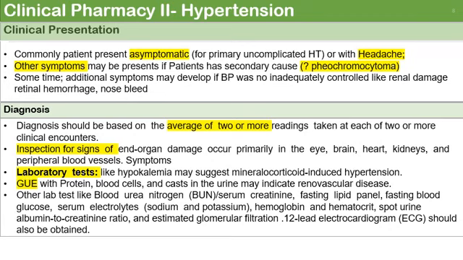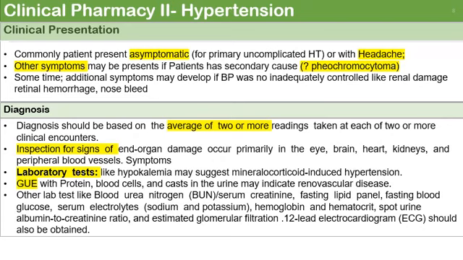Laboratory tests: we always inspect for signs of end organ damage. We have retinal damage, brain damage, heart damage, kidney and peripheral symptoms. Laboratory tests like the measurement of electrolytes, including potassium, sodium, and calcium, blood urea nitrogen, creatinine, albumin,